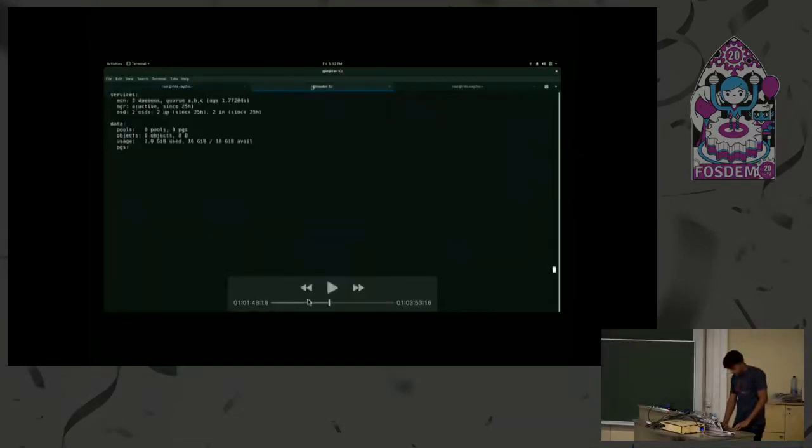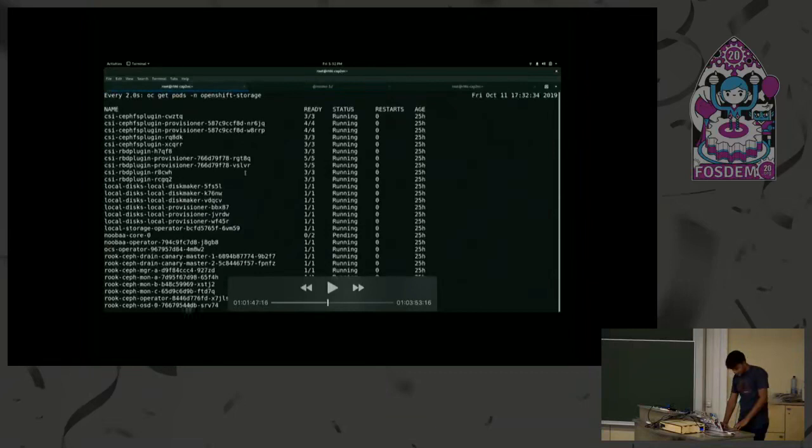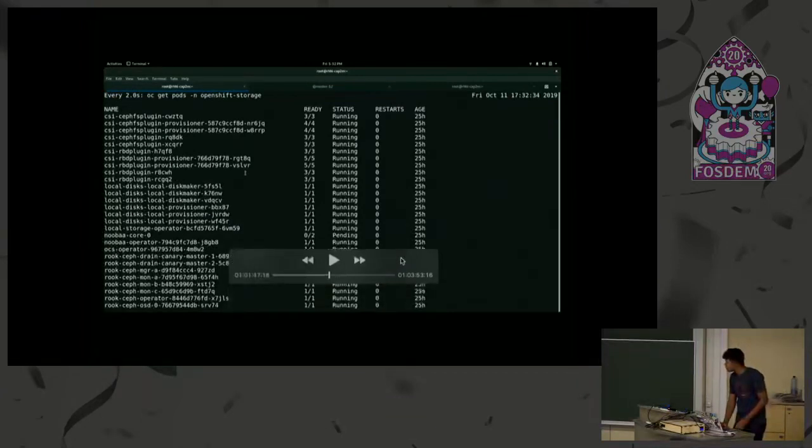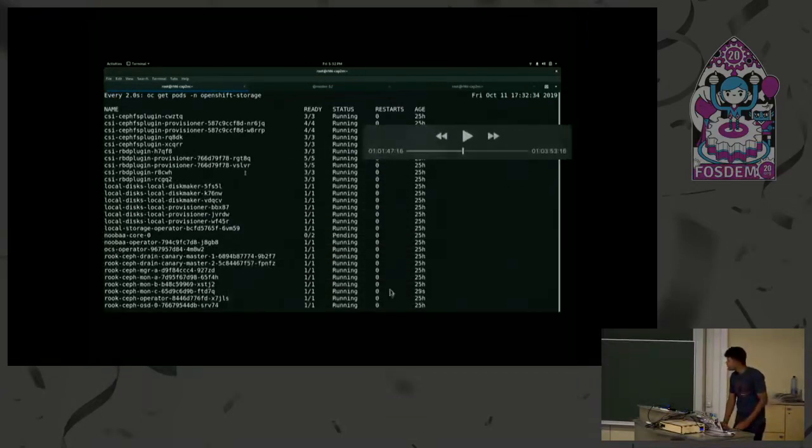Again the player is there, so you cannot see it. But this is the mon, which was in the pending or error state. As you can see, it got into the running phase again when we deleted the pod. So this was one testing that I did, detaching the mon. Now we'll look into